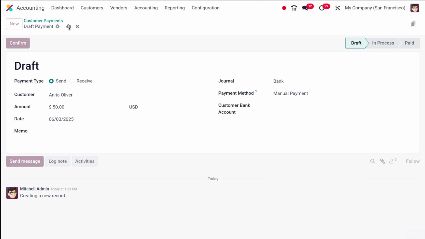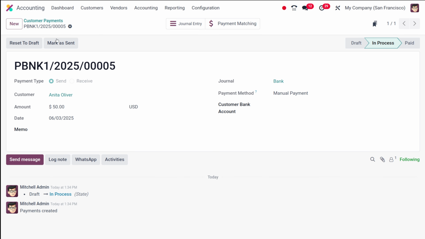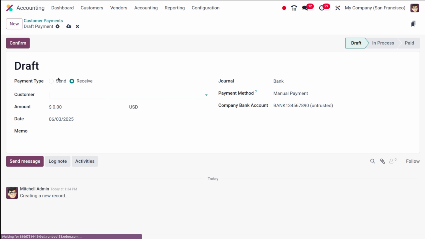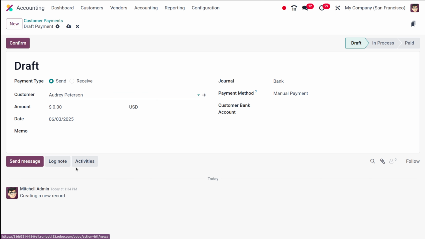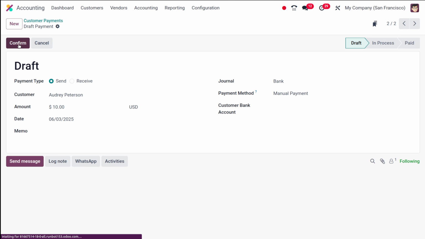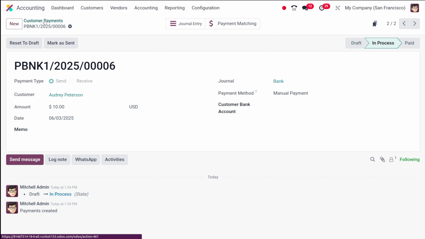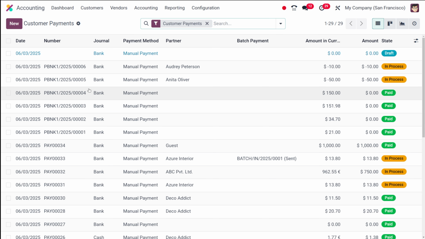You save it and confirm it, which puts it in process state. I'm making one more, in send state. Let it be Audrey Peterson. Then confirming it. So right now we've made two different payments for Anita and Audrey Peterson.